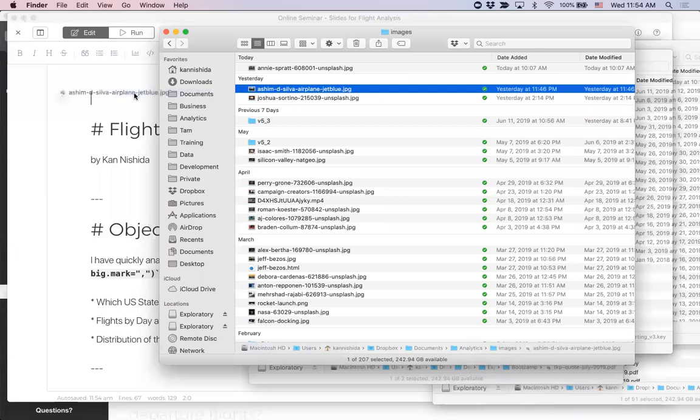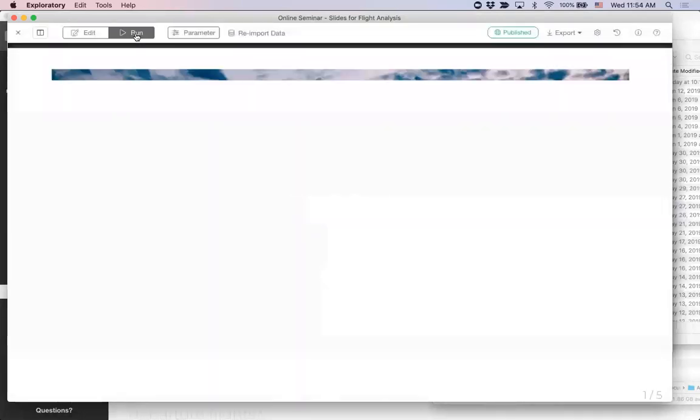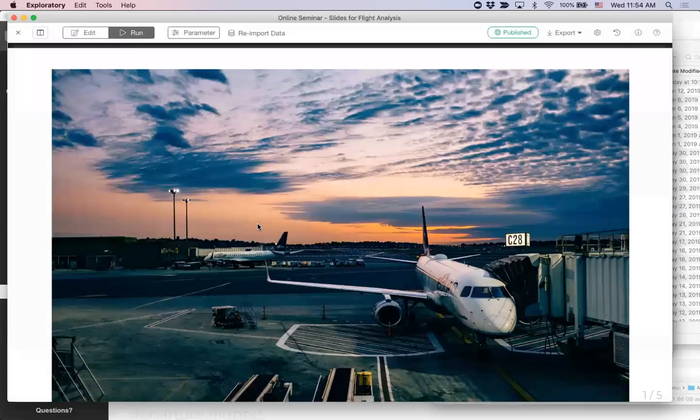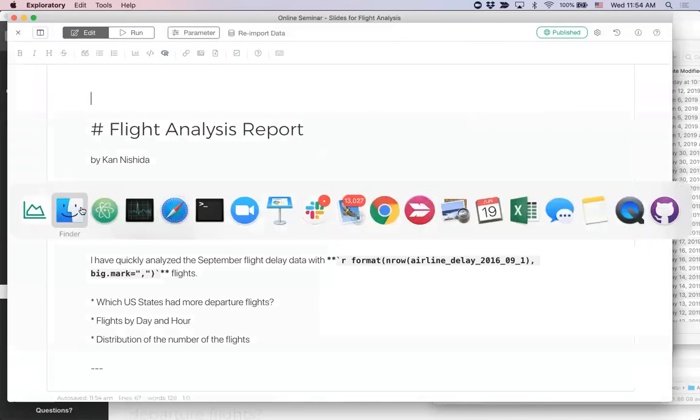All you need to do is just drag and drop, and that copies the image underneath the project. And then when I run it, you have that image showing up in your presentation slide or Note, either way. You can do drag and drop, or another thing you could do is, for example,